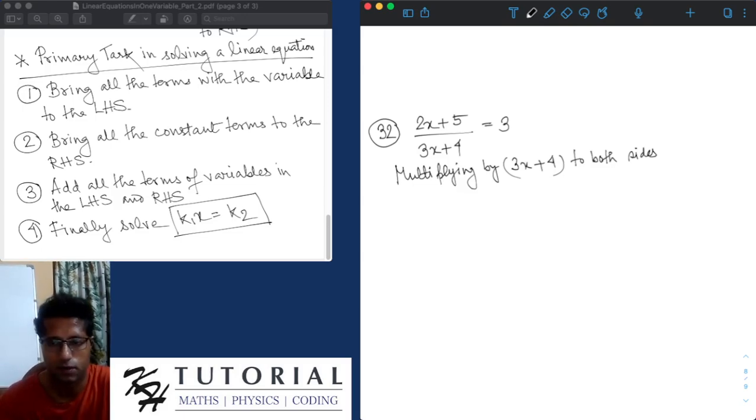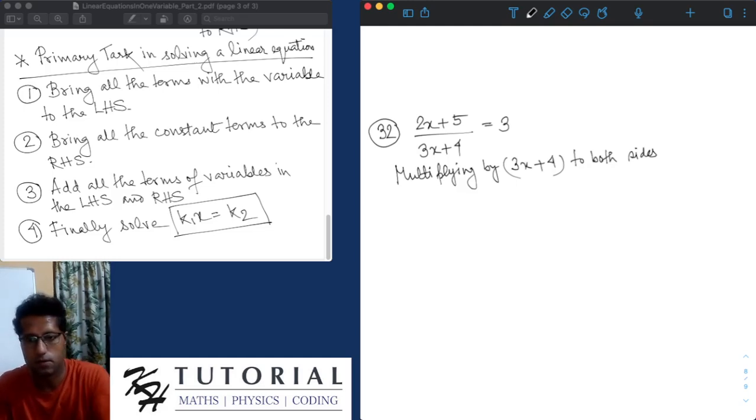we know that a linear equation in one variable has only one solution, and whatever the solution will be for x in this problem, that value of x will never make 3x plus 4 equal to 0. So in this kind of problem, linear equation in one variable, we can always multiply by 3x plus 4 to both sides, and we get